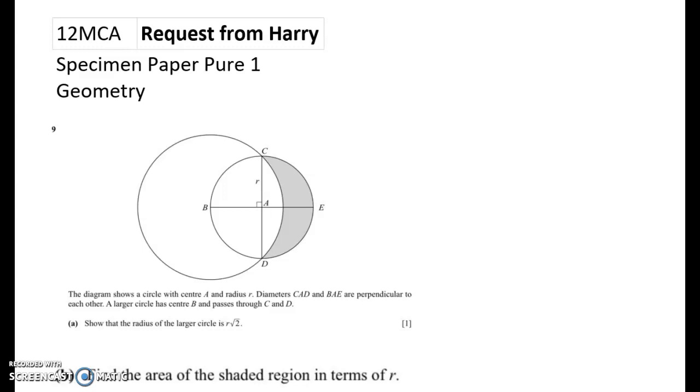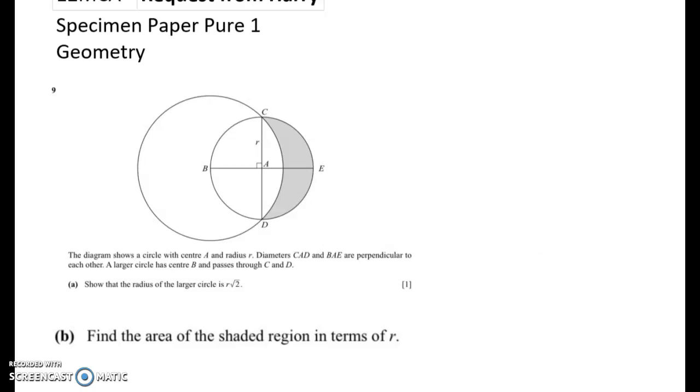This video is for Harry and it's a question from the Specimen paper and it's quite a nice geometry problem. It's got two parts. The first part is pretty easy and the second part will make you think a little bit harder. So we've got two circles and we should always read these questions really carefully. This one gives you all of the information in the words,